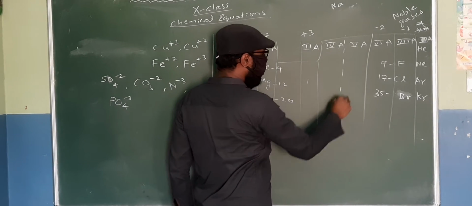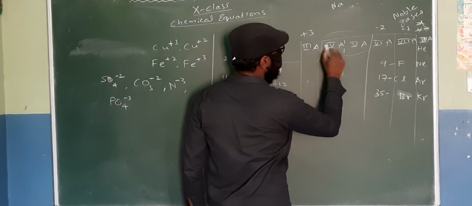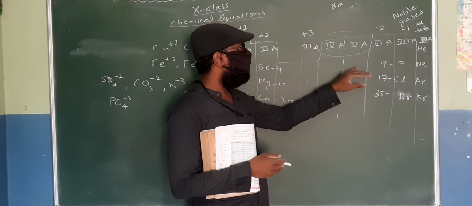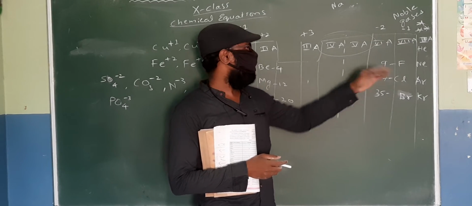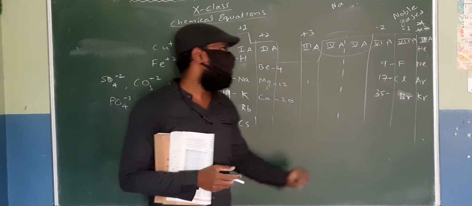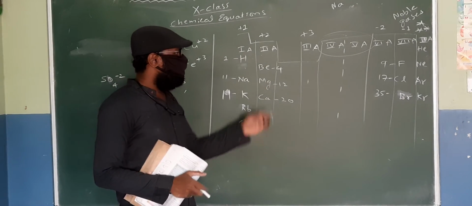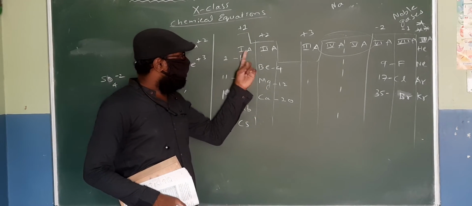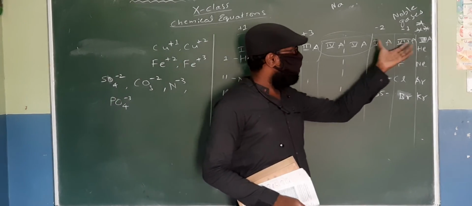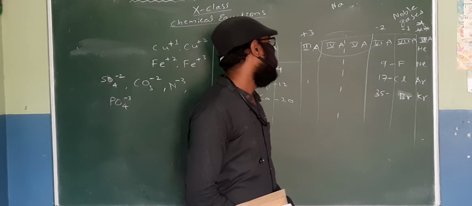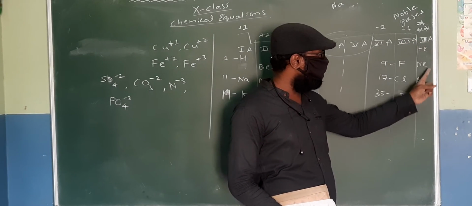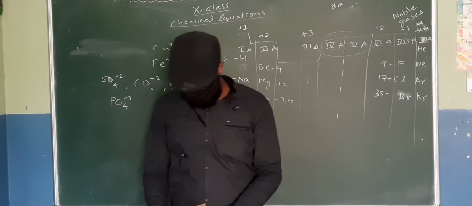And then the groups 4a and 5a, among these, some of them will lose electrons, some of them will gain electrons, and some of them will just share electrons. So these two we will see and study separately later. And among the others, 1a, 2a, 3a, most of them will lose electrons. 6a, 7a, most of them will gain electrons, to get the same number of electrons as 8a.